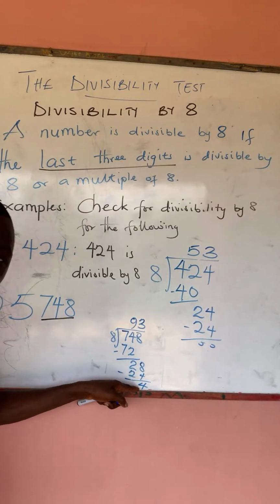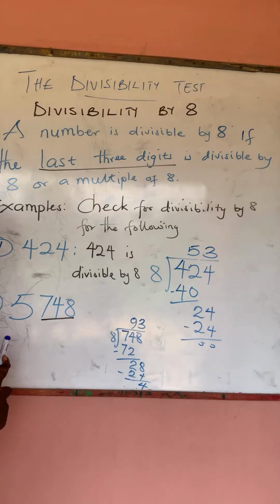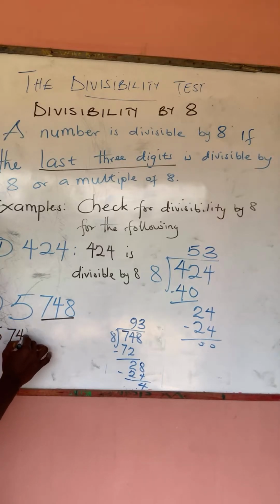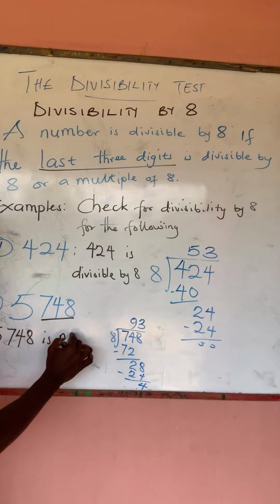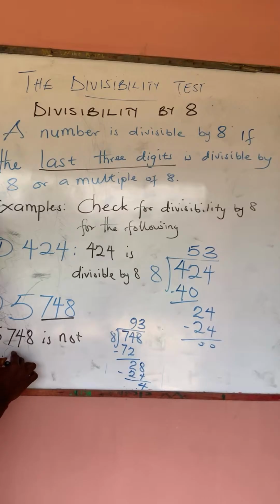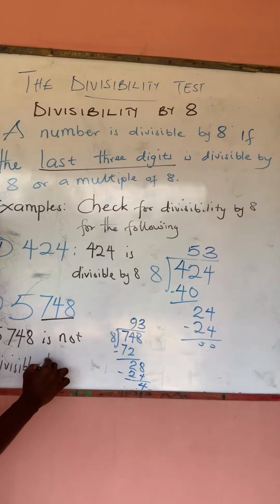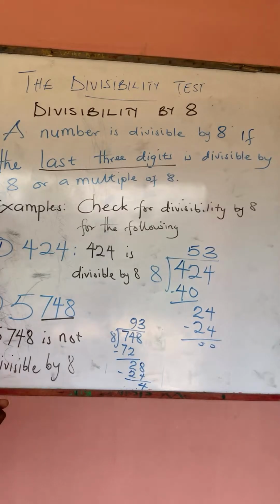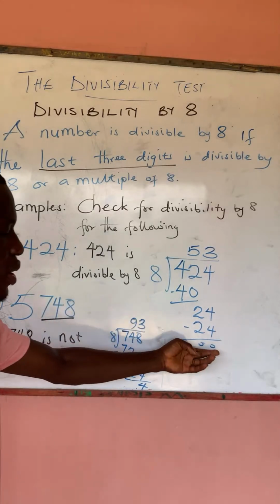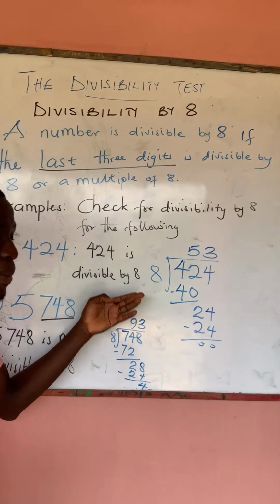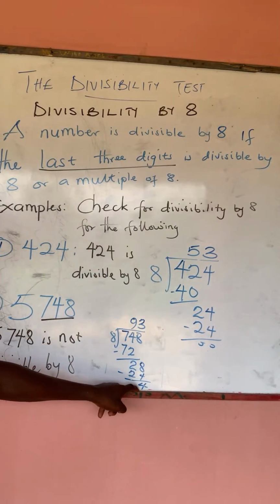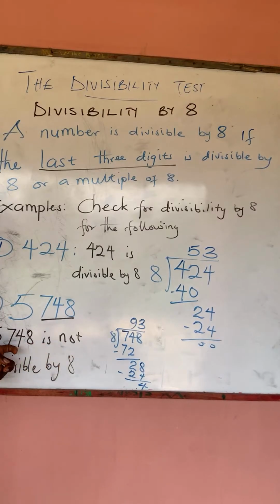Since there is a remainder of 4, we can conclude that 5,748 is not divisible by 8. So you understand it. Over here there was no remainder. We saw that it was divisible by 8. But over here there was a remainder of 4. And since there's a remainder, we will conclude that 5,748 is not divisible by 8. Alright, let's move on